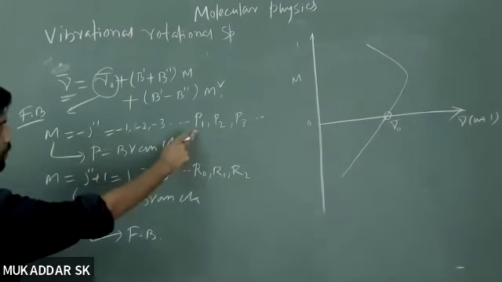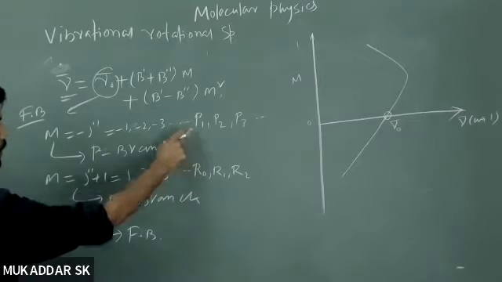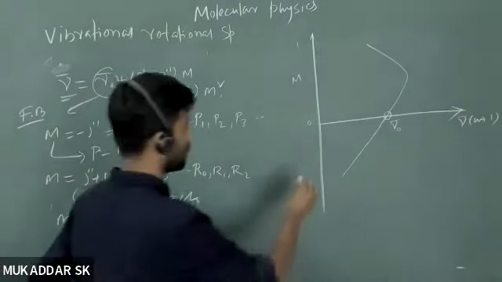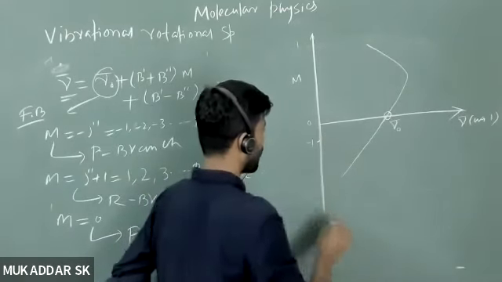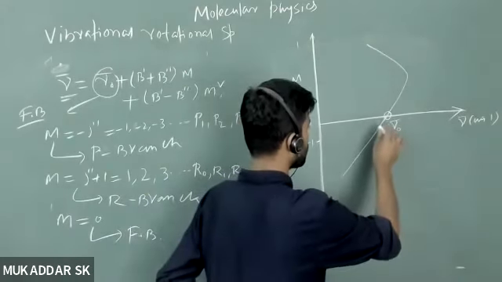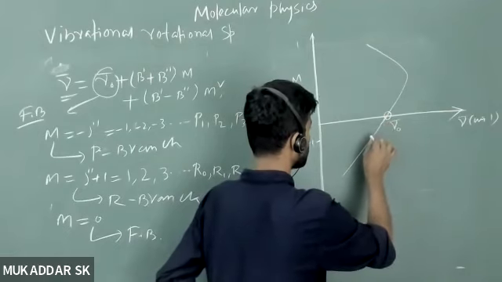So where will it be located? Lower. So m equals -1 is here, and of course that frequency will be less compared to nu 0 bar, so it will be somewhere here,